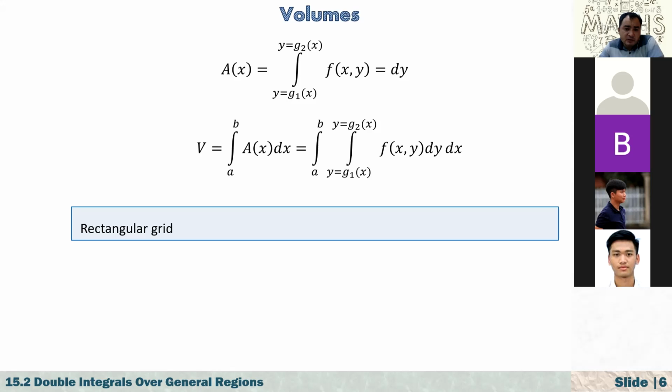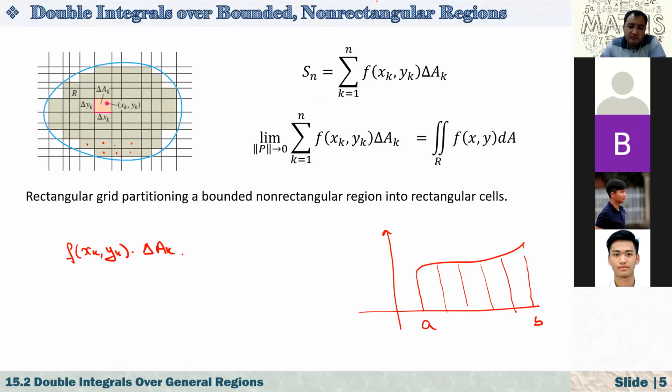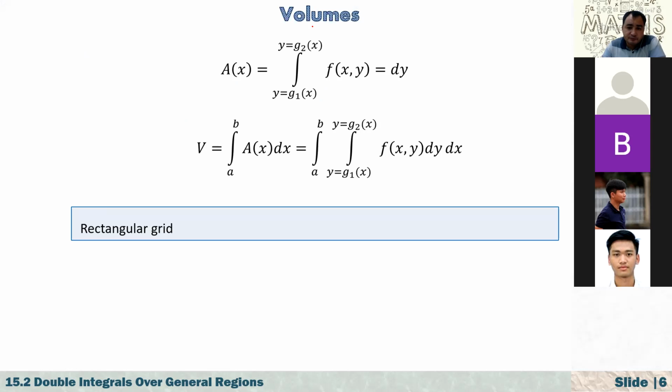So if our function is positive, for example, over this region, what do we get from this double integral? This A of x is the area between G1 and G2 of x, because here our area is changing, right? At every line, if you draw a line, the y is changing from one point to another point. For example, if you just move to the right, again, it enters the region at two different points and exits the region at, again, a different point. That's why here, integration limits are functions of x.